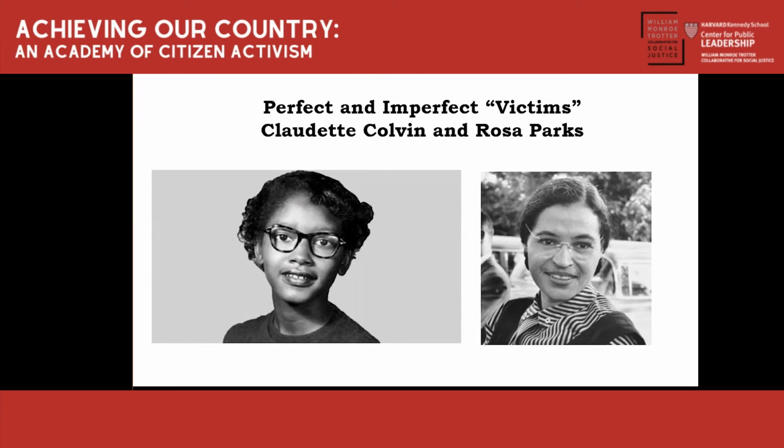The point being here is perfect and imperfect victims are related. And it's the humanity that unites them. So in our movements, we may want to think about literally displaying different facets and faces of humanity so that our movements do not exclude the people who they're ostensibly designed to advocate on behalf of. So that's something for us to consider as an advocacy lesson.